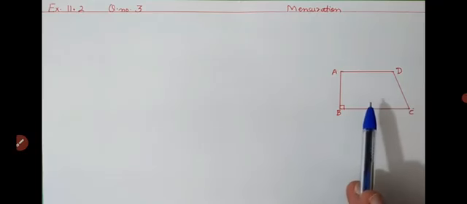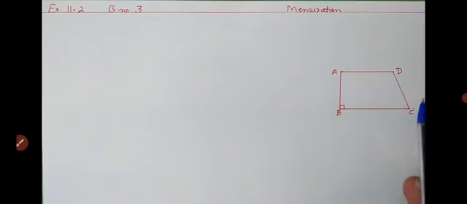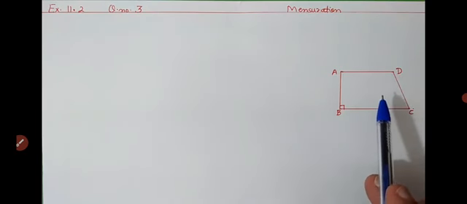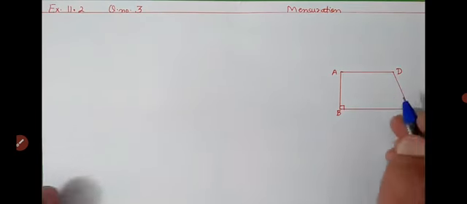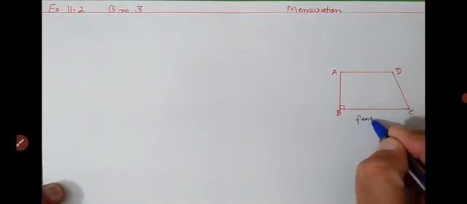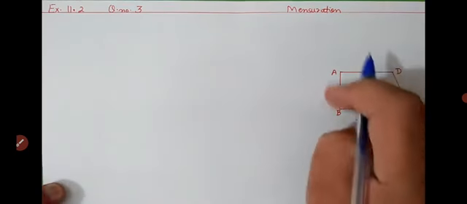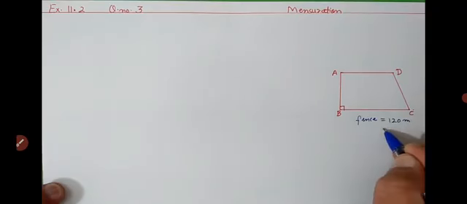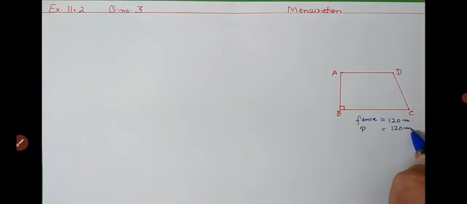Length of fence of a trapezium shaped field ABCD is 120 meter. If BC is equal to 48 meter, CD is equal to 17 meter, AD is equal to 40 meter, then find the area of this field. Side AB is perpendicular to the parallel sides AD and BC.